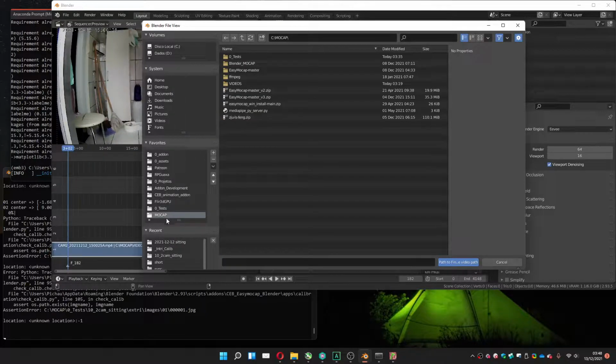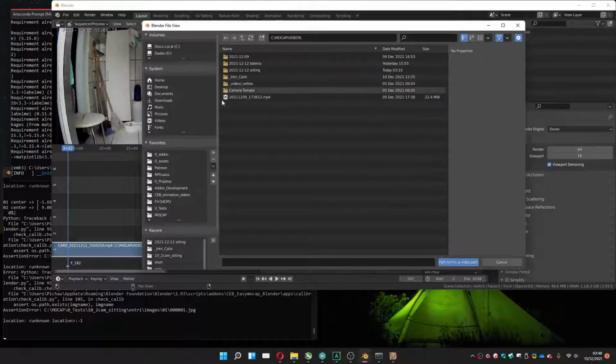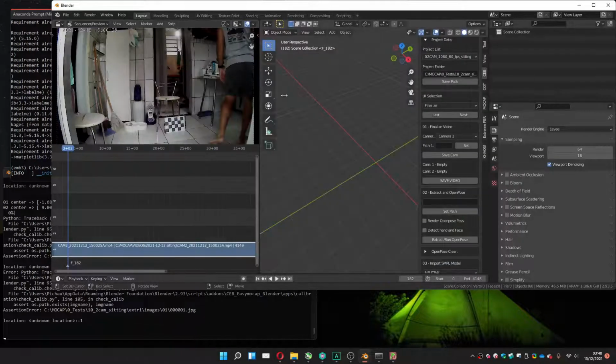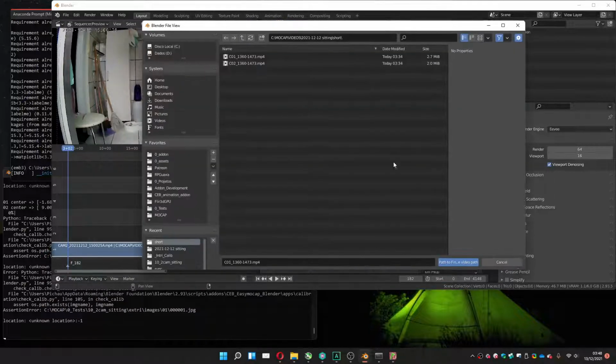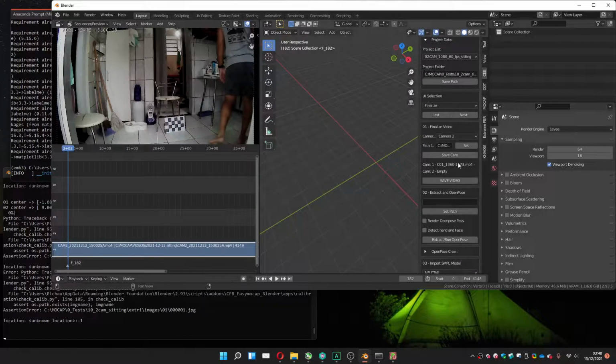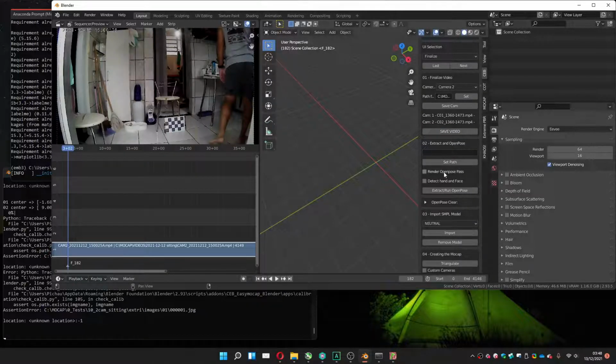I'm gonna go to my folders video, setting, short, camera one, save it, select the second camera, and do the same, save it. This is important to save the video on your folder, so press it. Now here you select where you have the OpenPose installed. To install OpenPose,